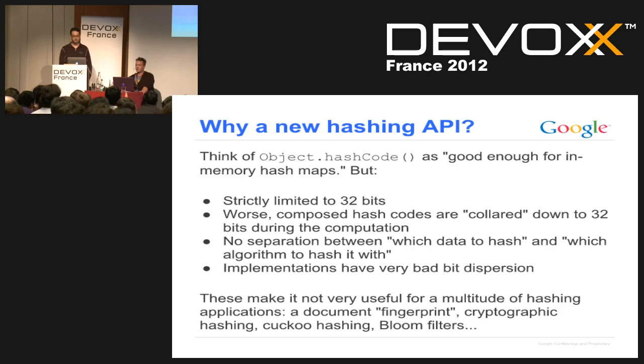Finally, implementations of object.hashCode tend very strongly to have very poor bit dispersion. What that means is that ideally, when you have a hash code consisting of 32 bits, like 101100..., you want to be able to select out any subset of those bits and have only the expected increase in collisions. So if I take only the rightmost 3 bits of a hash code, I would like 1/8 of all elements to produce the value 0, 1/8 of them to be 1, 1/8 of them to be 2, and so forth.